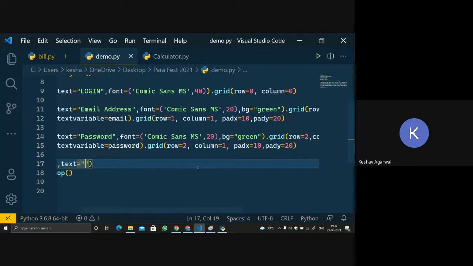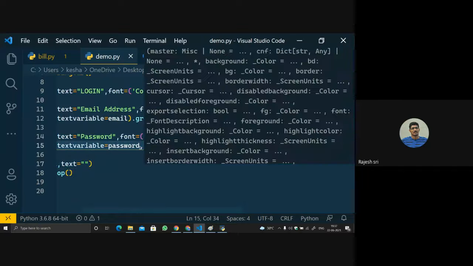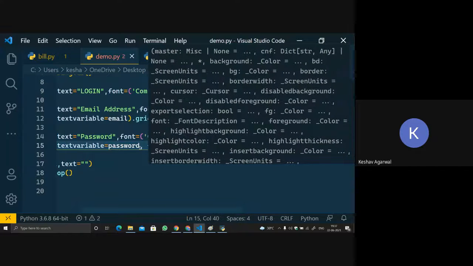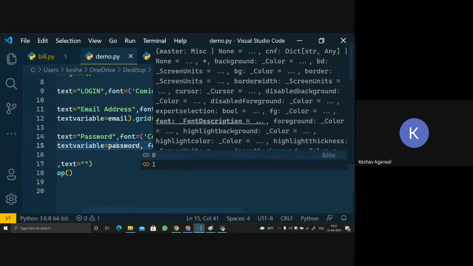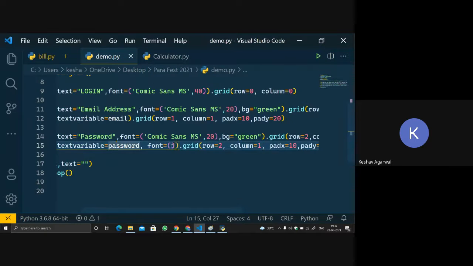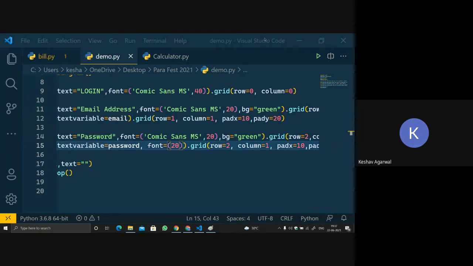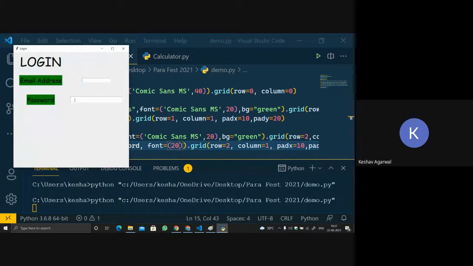Okay, let's try it. Font is equal to, we're using 20 now, so let's use 20. So let me close it. See, yeah, so it is font size dependent.